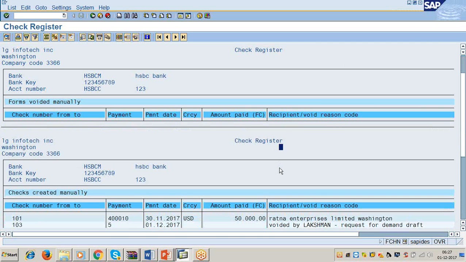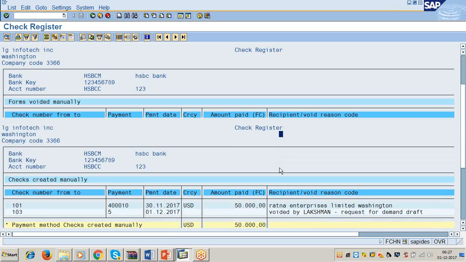Sir, just now you have posted one rent account, sir. Here on payment document number 410, rent is posted. Payment date is today's date only, sir. There is mentioned 30/11/2017. Sir, here payment document date 30/11/2017 is there, sir. That is yesterday's document.